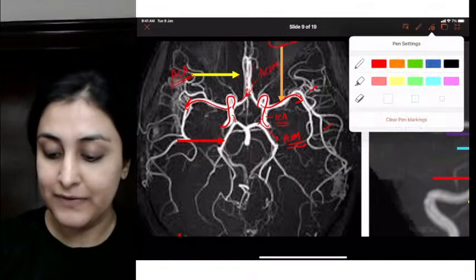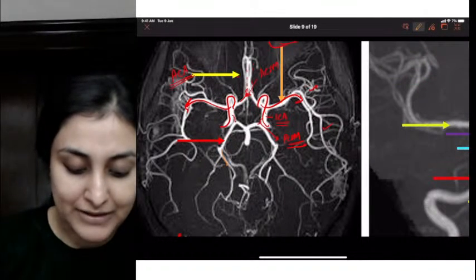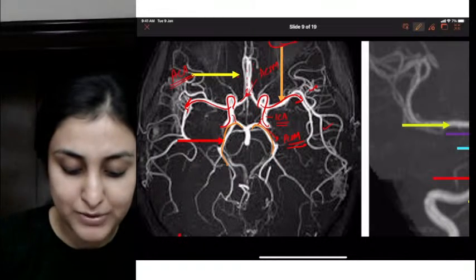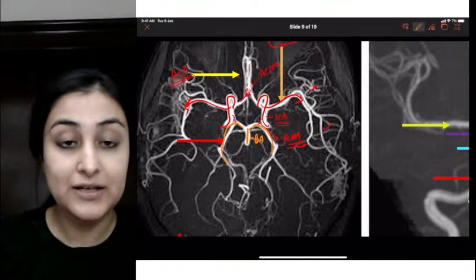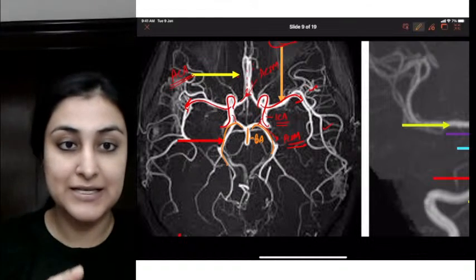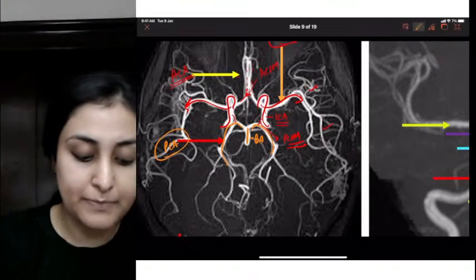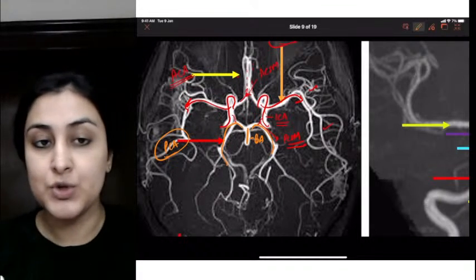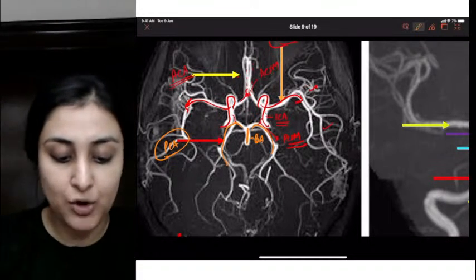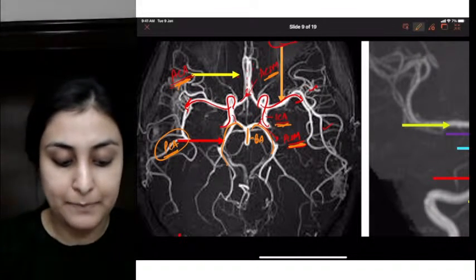On the other hand, when we go to the posterior circulation, what are we having? I'm having these two branches which are arising from the basilar artery, right? So here I have the single basilar artery dividing into the terminal branches by red arrow, which are posterior cerebral arteries, PCA. So together, this is how the circle of Willis is formed. ACOM, ACA, ICA, PCOM and PCA.